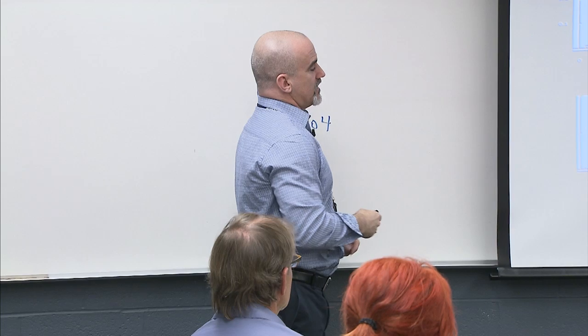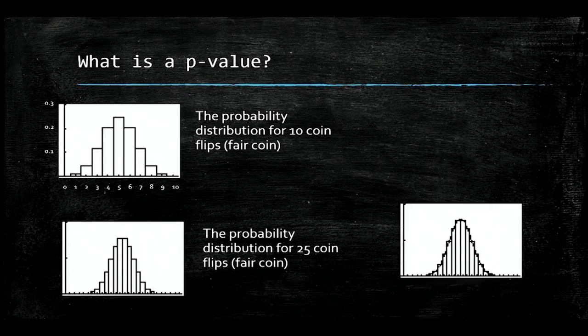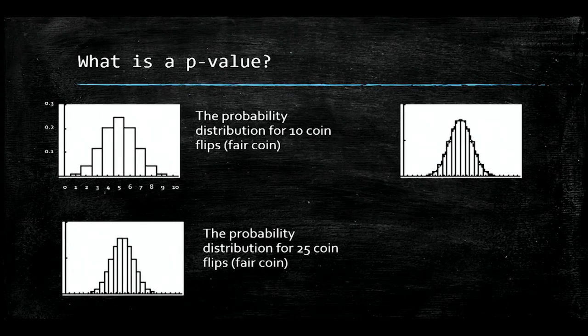So if we do this again with 25 coins, you can see this, it's real choppy. It gets less choppy. Right now I've got 25 coin flips. It's a little smoother looking. Almost looks like we could fit a curve over it. There is a curve fitted over it. Now if I remove this,